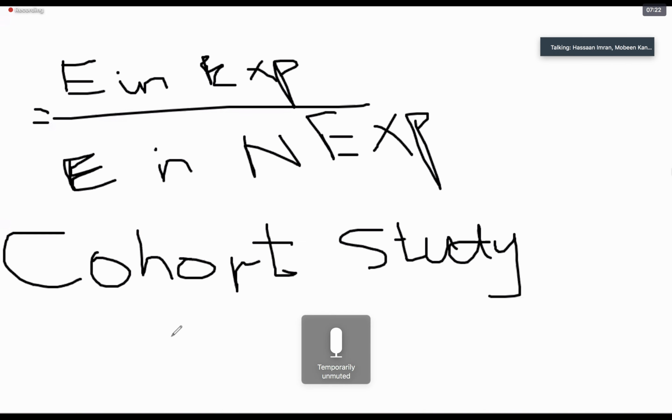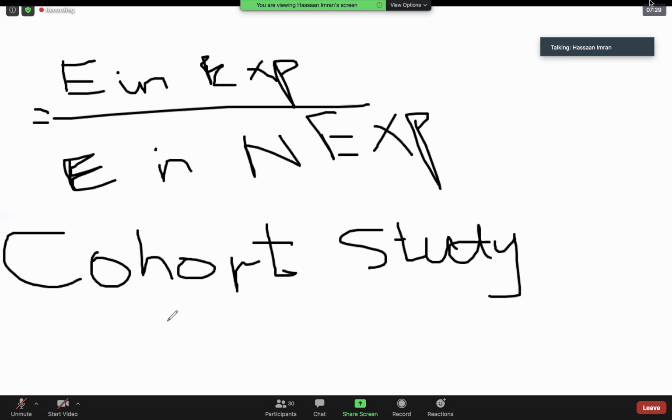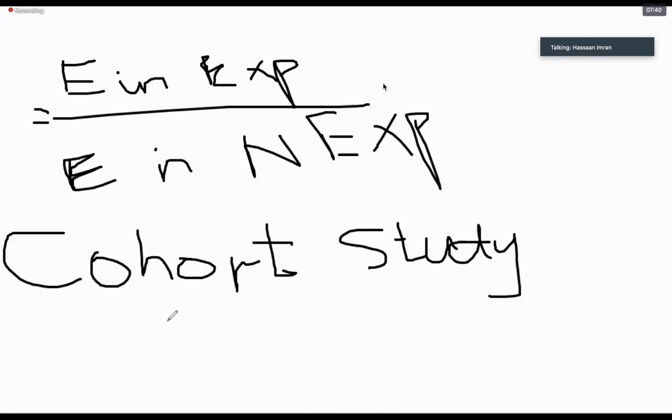This particular study design is going to give us the important calculation of relative risk. In which particular study design will we be able to calculate relative risk? It is the cohort study. Do you remember one thing about cohort study? Did we talk about cohort a little bit, when we were talking about incidence? I think we studied it. So, if anybody can recall, what is that important thing in cohort study, and why have I asked you to write down cohort study with relative risk? Any one of you?